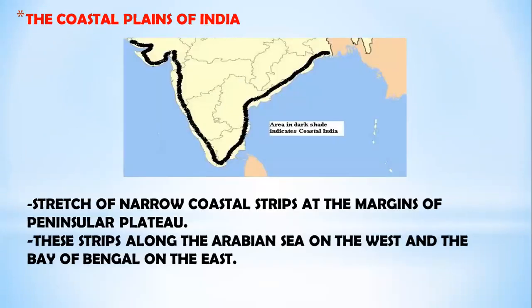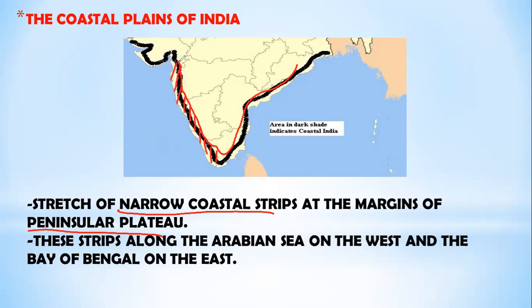So next comes the coastal plains of India. The coastal plains are narrow coastal strips at the margin of peninsular plateau. In the previous topic, we had studied that the Western Ghats and the Eastern Ghats mark the boundary of the peninsular plateau. So this narrow strip of land